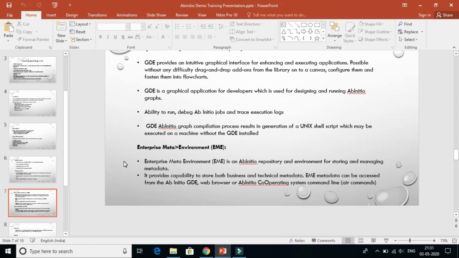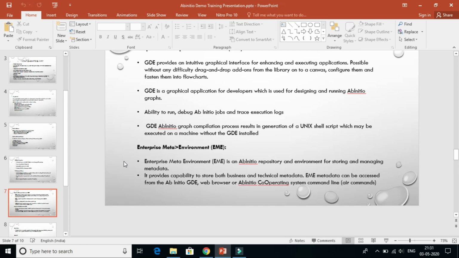And the Enterprise Meta Environment, it is basically the repository where the objects we will be working on in the GDE will be stored. The server version of the objects will be stored. That is called the repository. And EME is basically an Ab Initio repository and the environment for storing and managing the metadata. It gives us the information of the objects which we will be working on in Ab Initio.